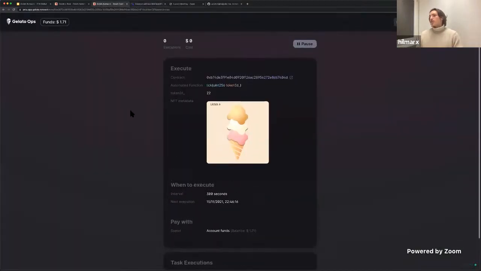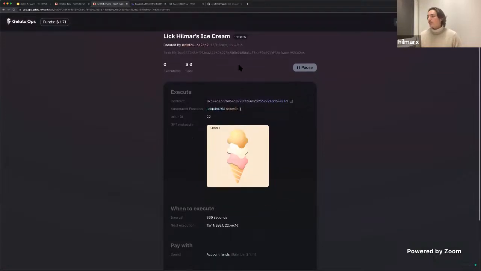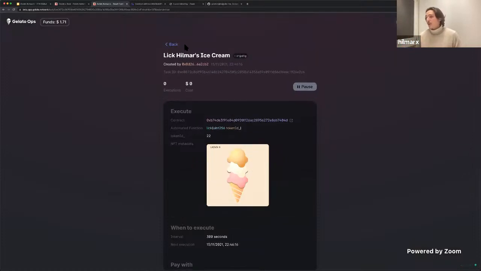And yeah, so Gelato bots should have now picked up the task in a couple of seconds or minutes, should have started calling this function, and then we should actually see this NFT SVG slowly change from having 3 ice cream scoops to only having like 2, for example. In the meantime, by the way,